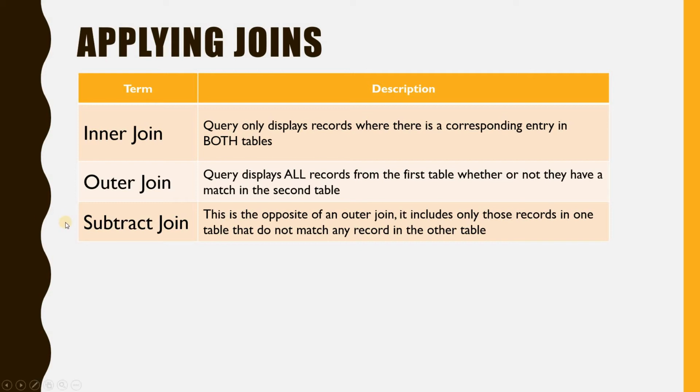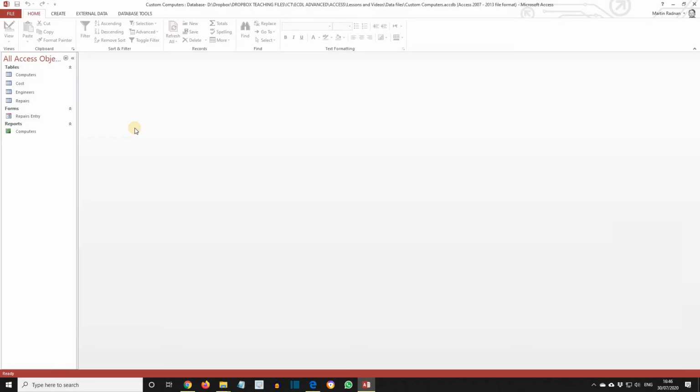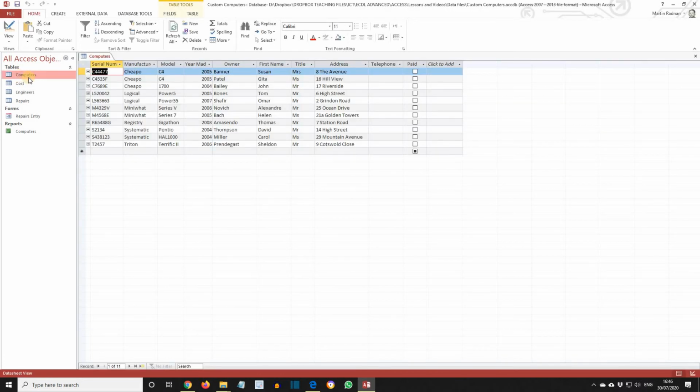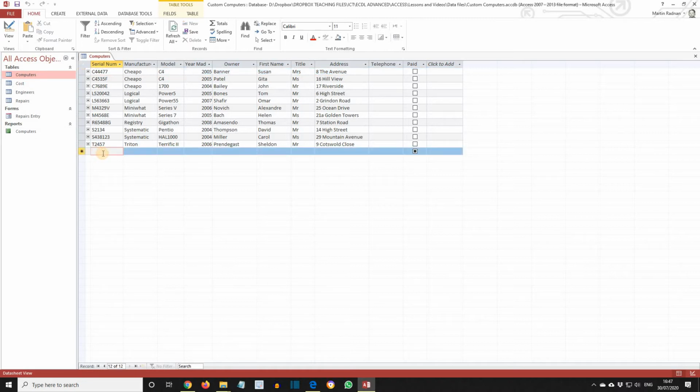Okay, let's try this out. Let's open the Custom Computers database and open the Computers table. Let's create a new record. The serial number B12345A. Manufacturer Bantacom. Model Pentio. Year made 2007. The owner Smallfoot,